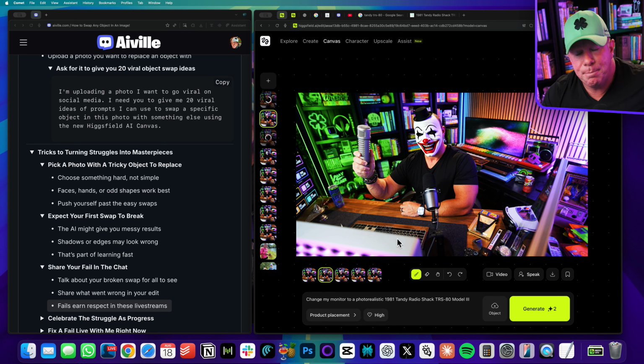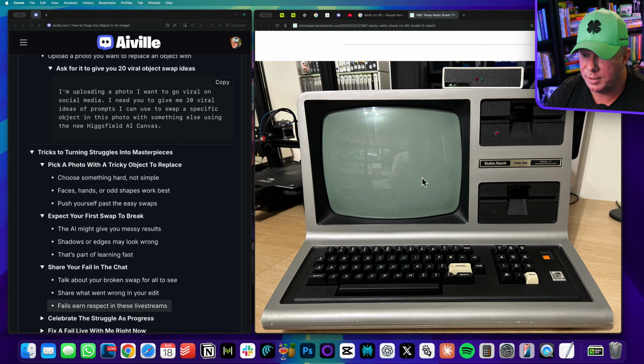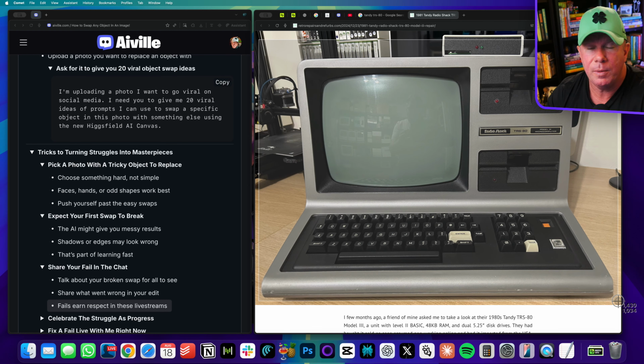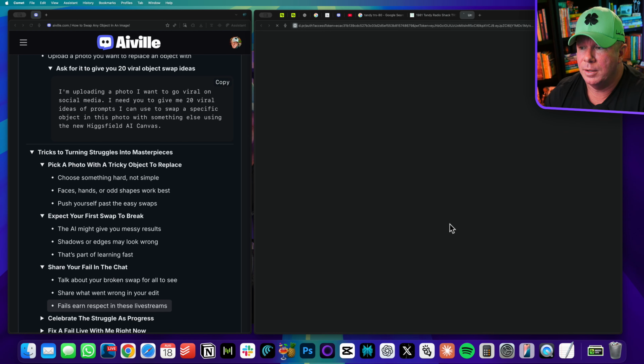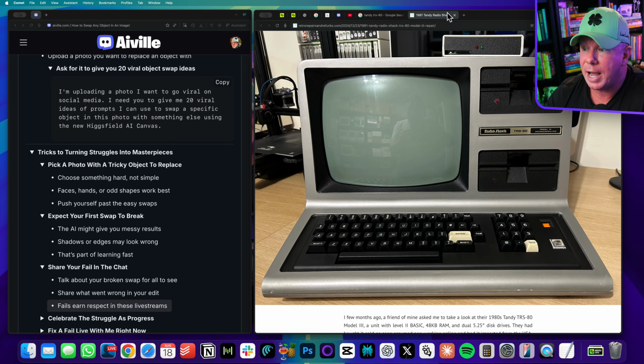Now, the best way to use Higgsfield AI Canvas and swapping out products is, again, get the actual picture itself. And you can do that by just going to Google Images. So for this, for instance, I'm just going to screenshot this computer, and then we will test in real time. So let me burn my credits and experiment with all this, so then you can see what you might want to do and not do.